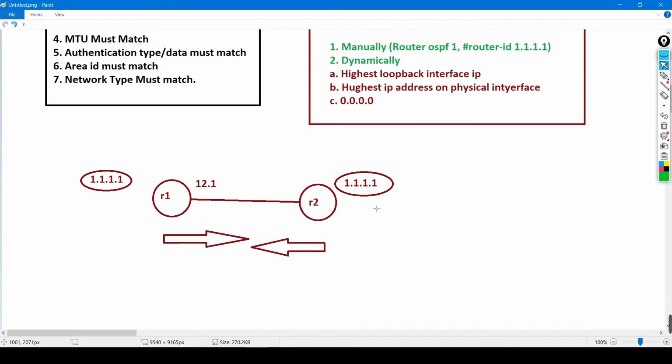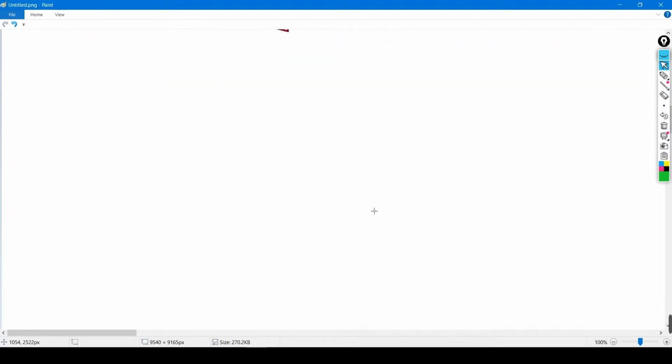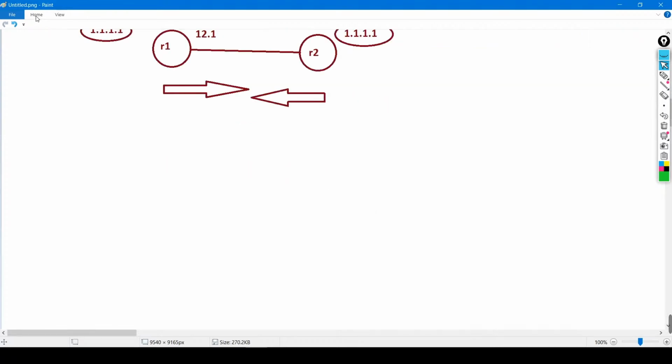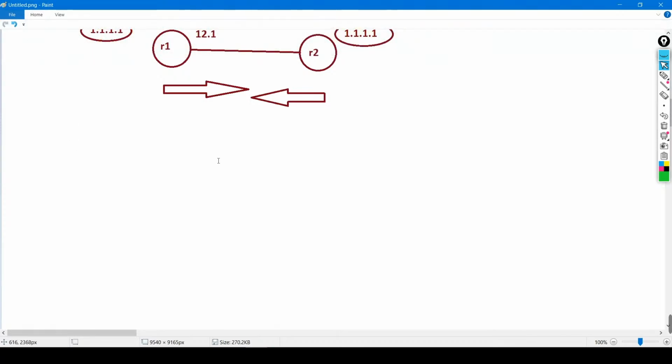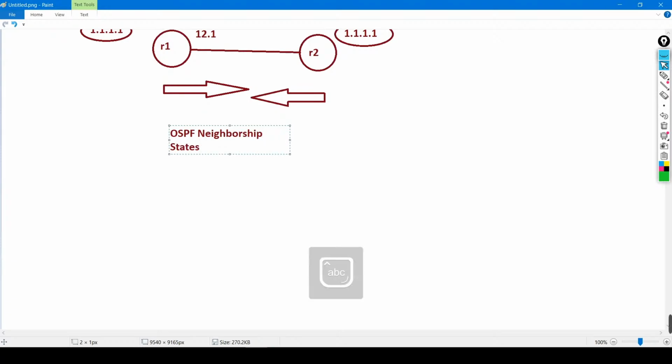Okay, so what will be the states? There are some states in OSPF, right? Each and every router will follow those steps to form neighborship. Let me talk about those states. Okay, so now the topic is very simple: OSPF neighborship states. You know, we have 7 types of states in OSPF neighborship. Number 1 is,